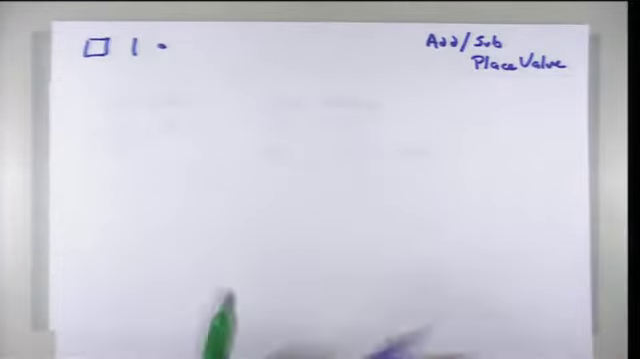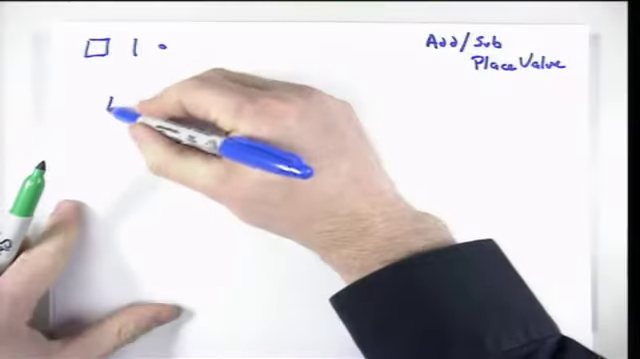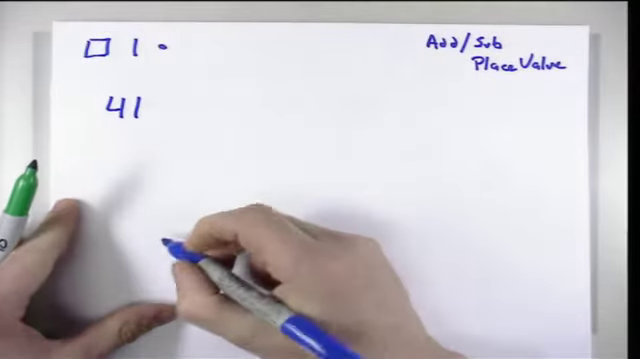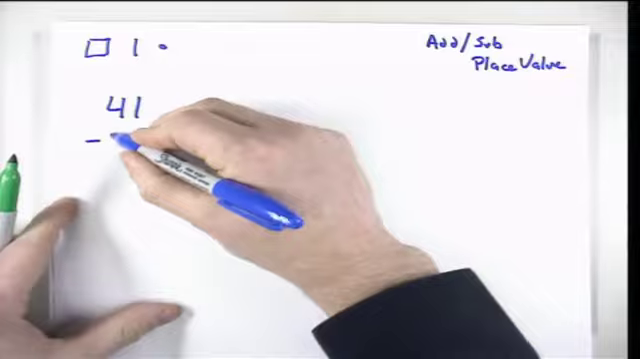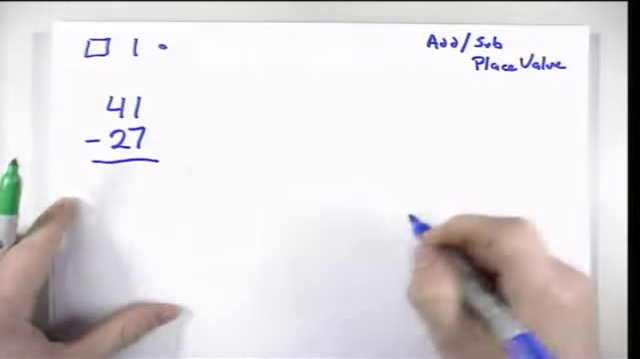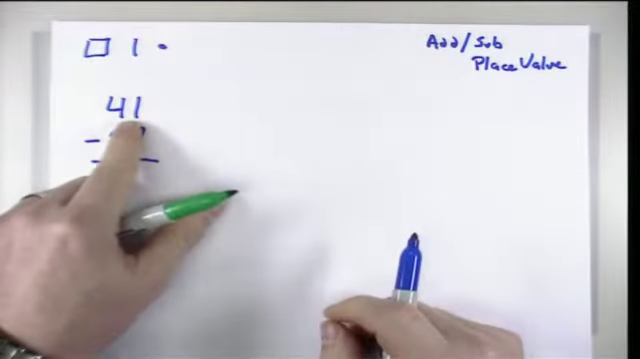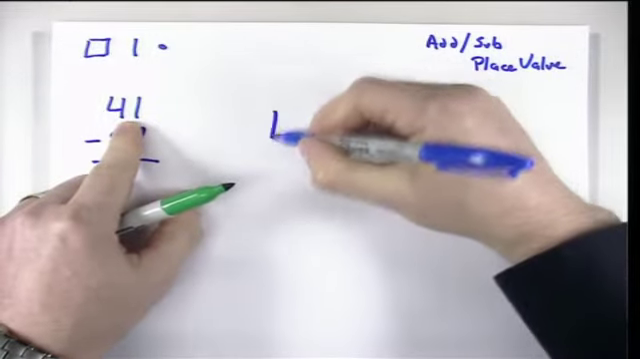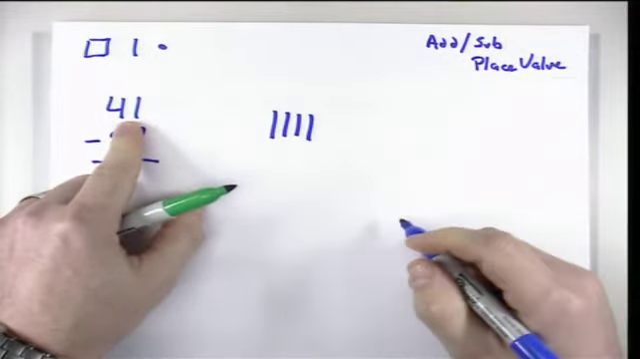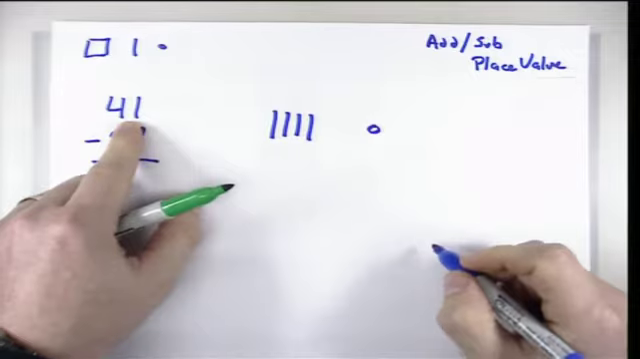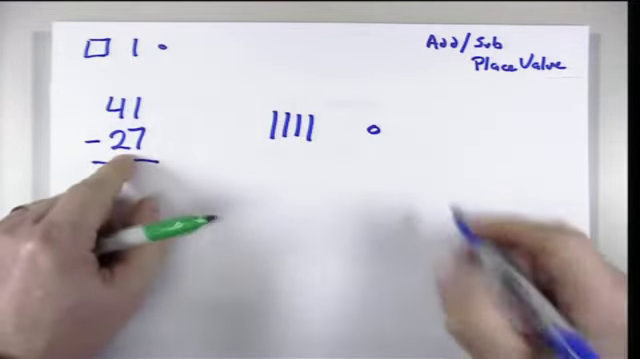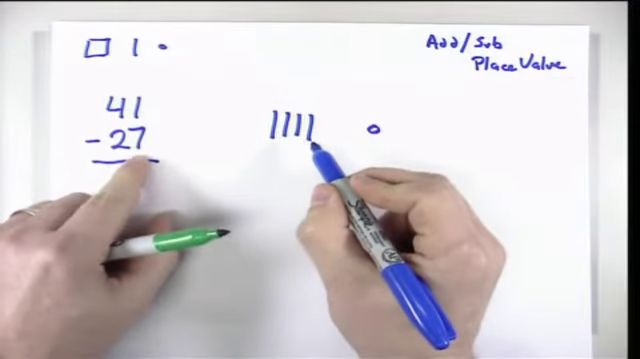Let's do one last example. In this one, we're going to start with the number 41, and we're going to subtract 27. So I model my first number, 41, as 4 tens and 1 one. And I'm supposed to subtract 2 tens, which I see I can do here, and then 7